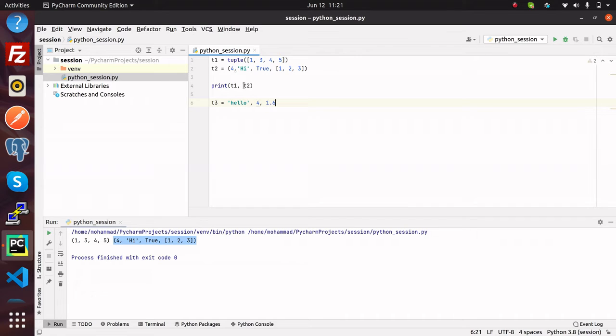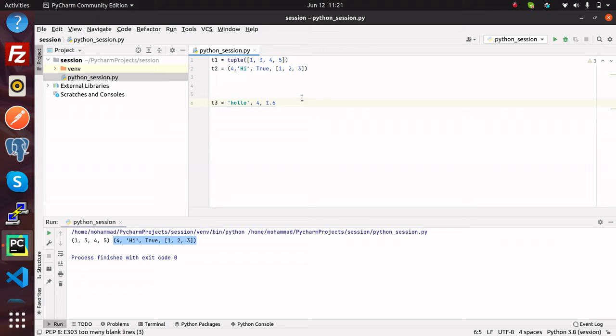Okay, so all these 3 elements are separated with commas and they are not enclosed in parenthesis. Parenthesis is the convention to enclose the elements, but even if you don't provide it, the tuple will be created. Now if I print t3 as well,